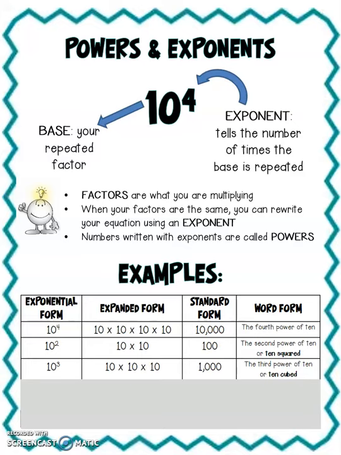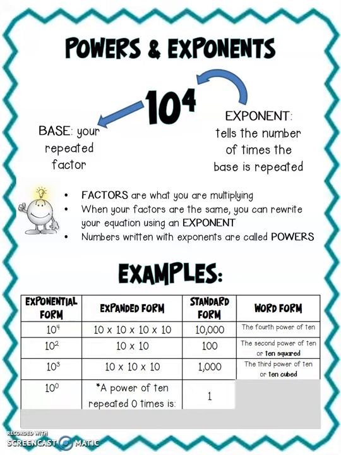Now there's one exponent that we'll work with this year that sometimes gives fifth graders a hard time, and that's 10 to the 0 power. Now 10 to the 0 power is not 10 times 0. What that really means is that we're looking for a power of 10 that's repeated 0 times. The only power of 10 that's repeated 0 times is 1. So if that wording is kind of tricky for you to understand, this is one that I would recommend ask an adult at home if you can